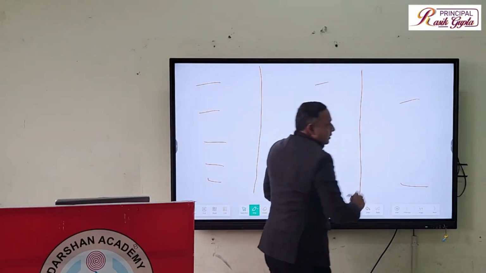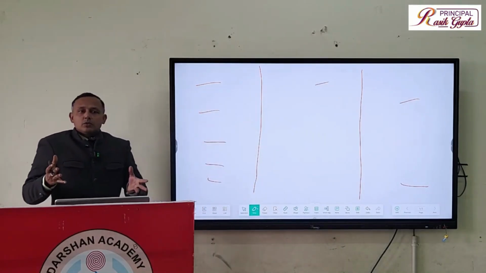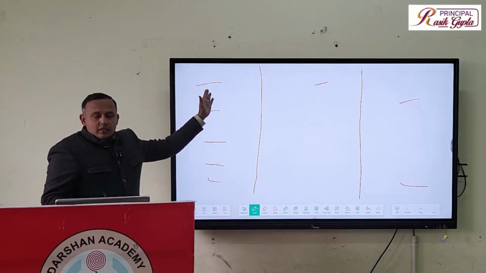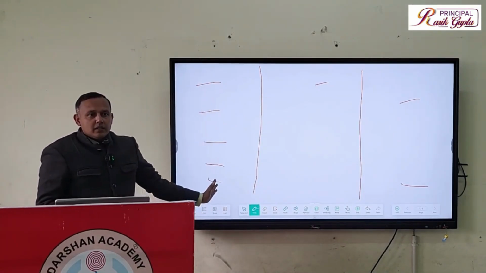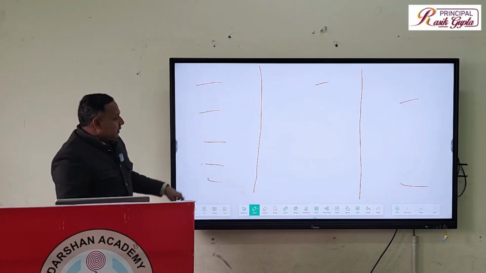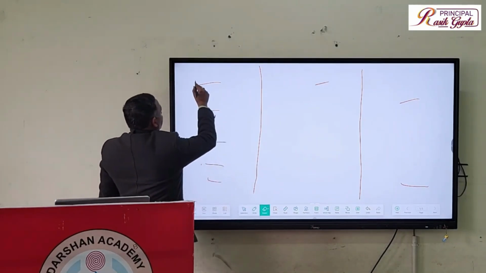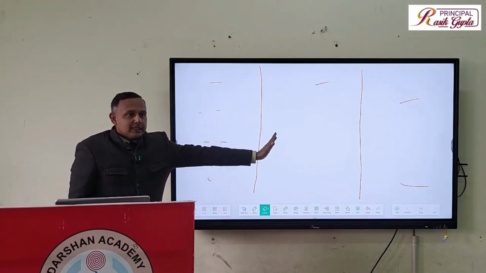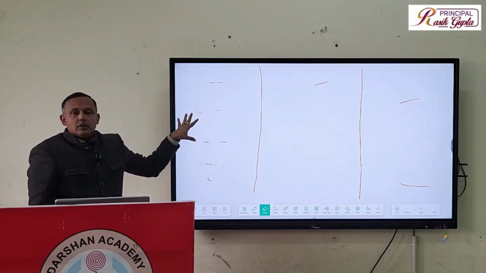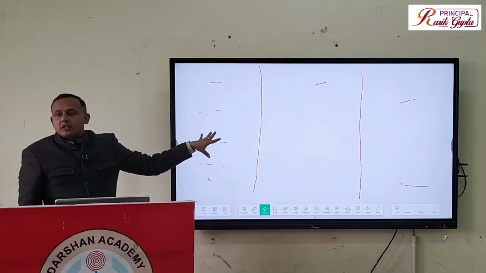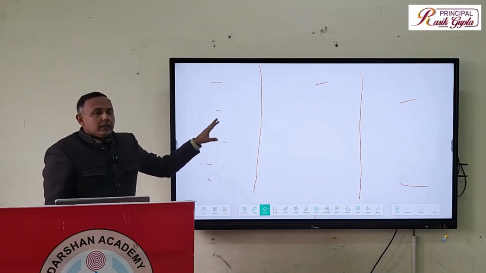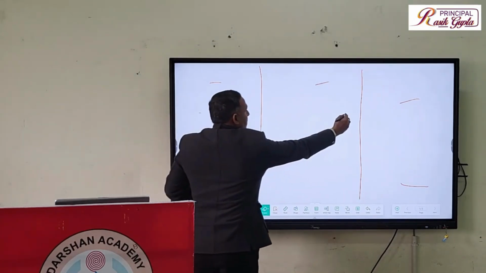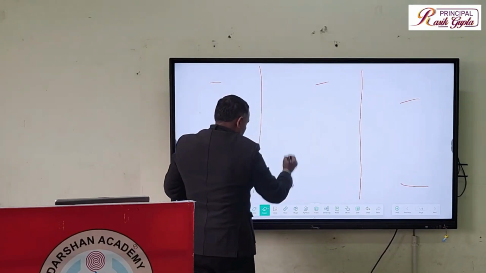By the time we come here, I expect that all the students who are slow learners, slow writers must have written this much at least. Then only I'll erase this part, and by then the other portion is still available for them to write. This is also judicious use of the board. Instead of dividing, if I write in big font.